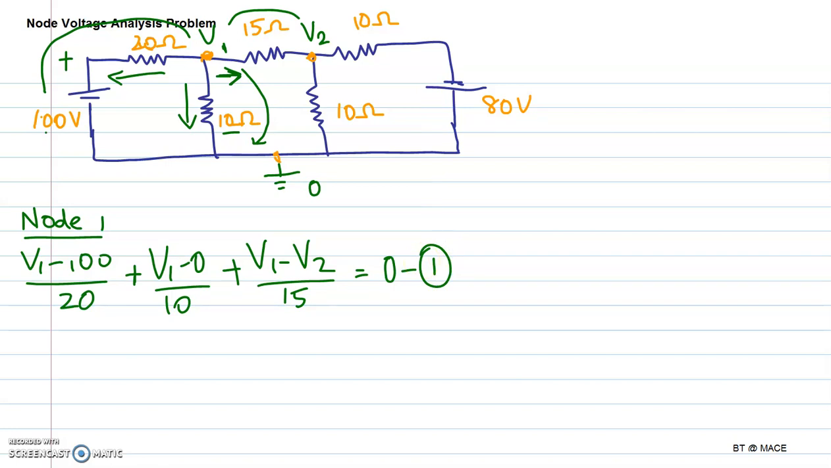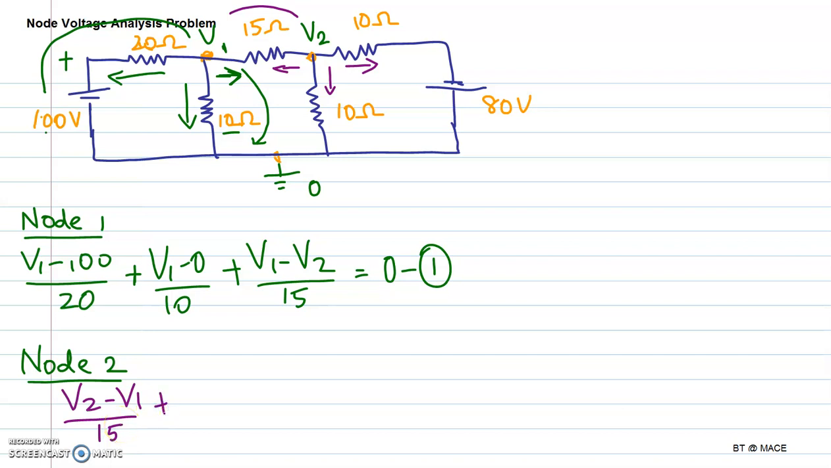Now we need to write the node voltage equation for node 2. The currents are moving out, because I am assuming that V2 is at a higher potential when I am writing the node equation for node 2. So between V1 and V2, we have the 15 ohm resistance, and the respective current flow is from V2 to V1. So it is V2 minus V1 divided by 15